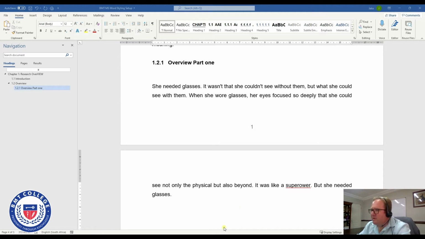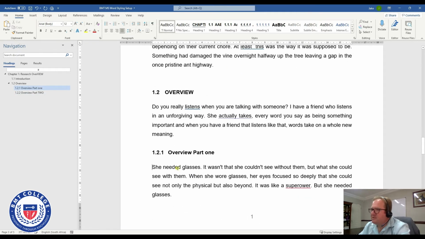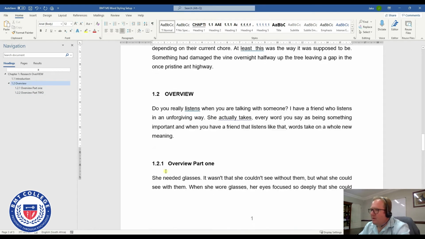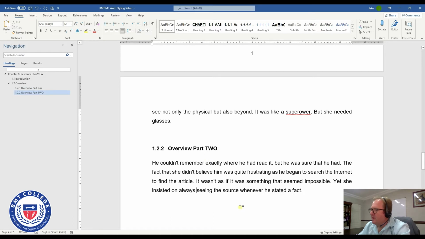and then have our next subheading, and we'll add some more content there, and we'll call that overview part 2, and we'll enter our heading, remove those spaces, all the unnecessary spaces, and we'll have that, and then we've got overview part 2, and then maybe we'll end this with a